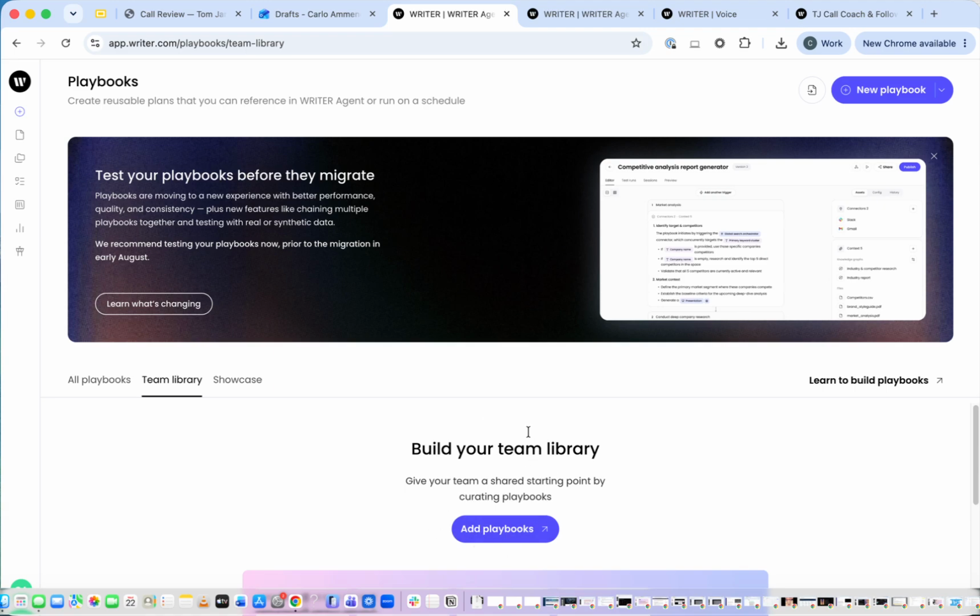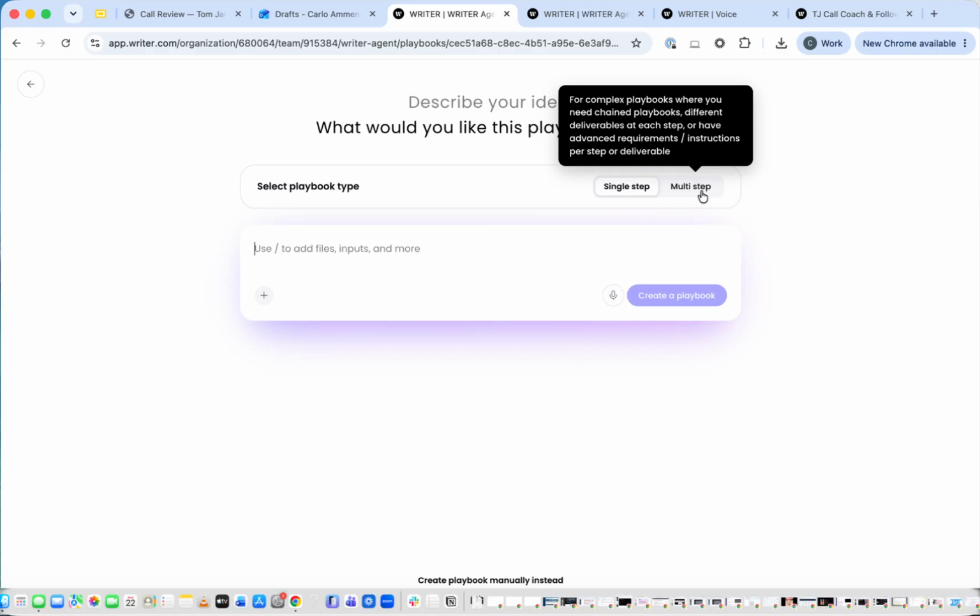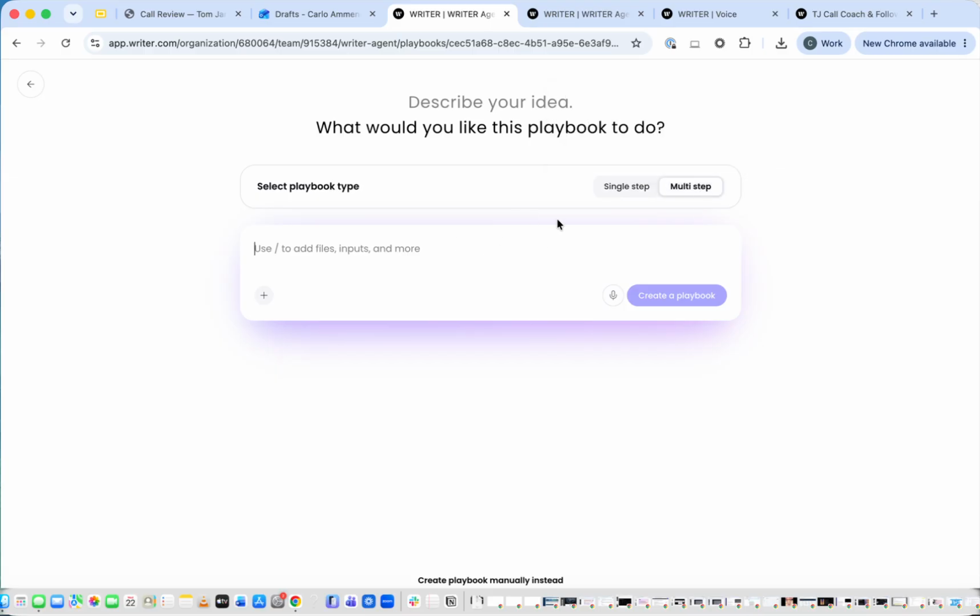But if I wanted to create that agent that you saw from scratch, up here on the right, there's a couple different ways to do it. I'm going to show you this way. New playbook. And I am going to say, hey, this is a multi-step agent, and I am just going to describe the business outcome that I'm after with this microphone on and do it live.